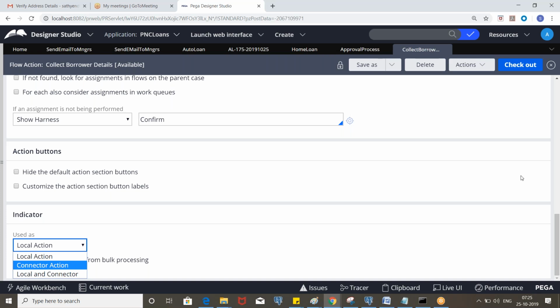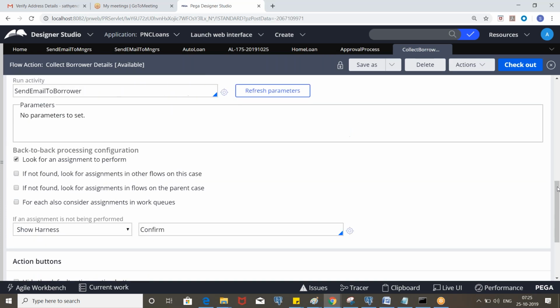Let's say I want to upload some documents and click on some button. When you click on the button, some action is performed, like opening a screen modal dialog where you can upload the document. Once we click on submit, only then does it go to the next screen. But you will upload the documents and you will be on the same screen only.